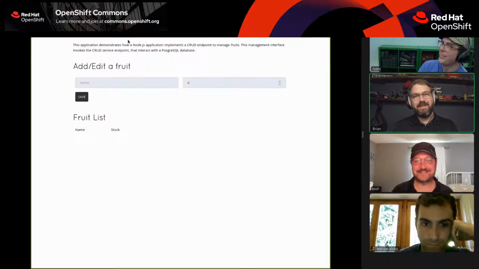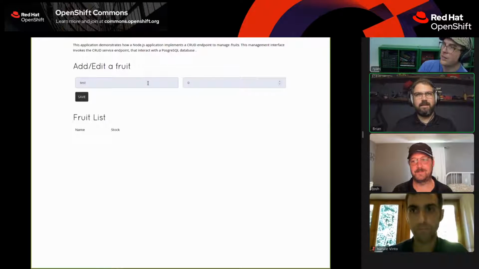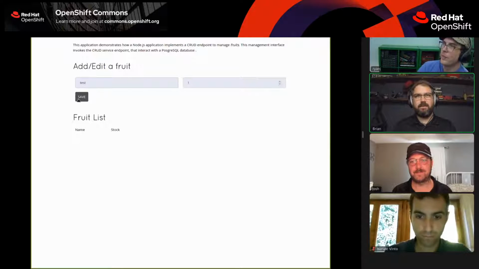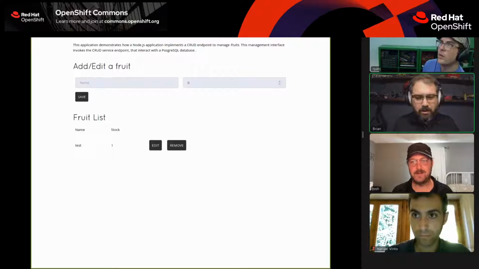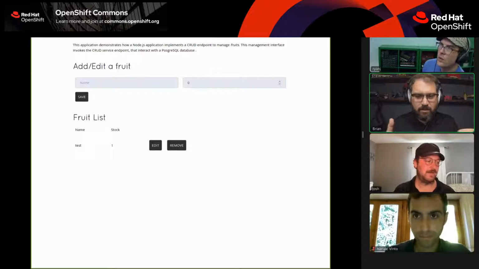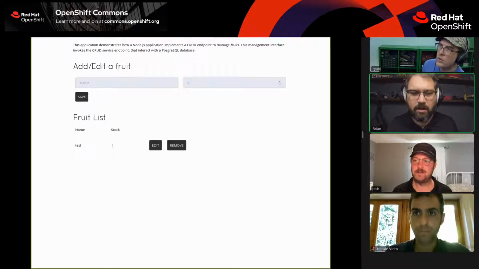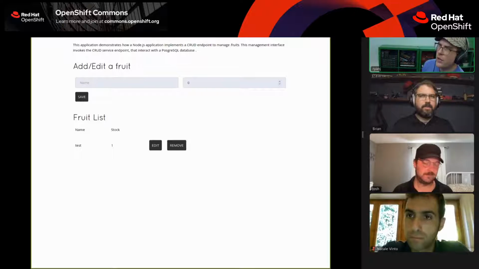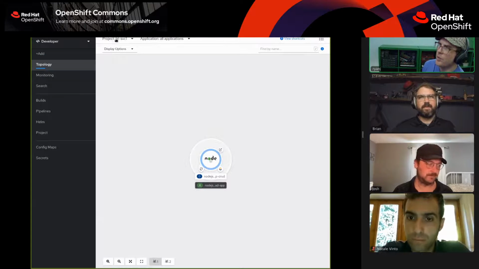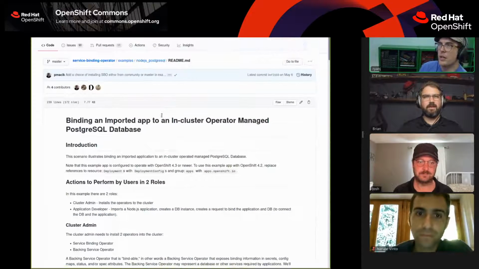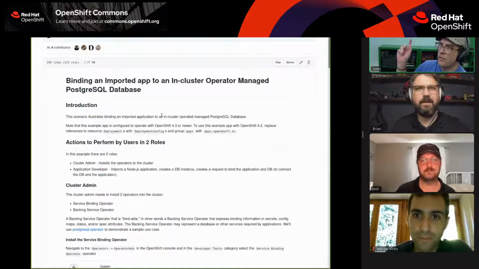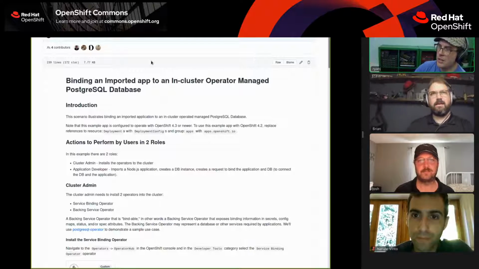So just so you can see that when the app is connected, we do have a connection, and we can see that we could save fruits, we could add that. Literally, we just connected that binding and it handled all of that stuff for us. Do you have a link to the repo where the Node.js code came from? I'm kind of curious to see what their code looks like for hooking up to databases.